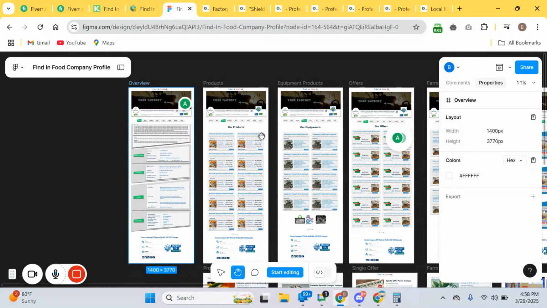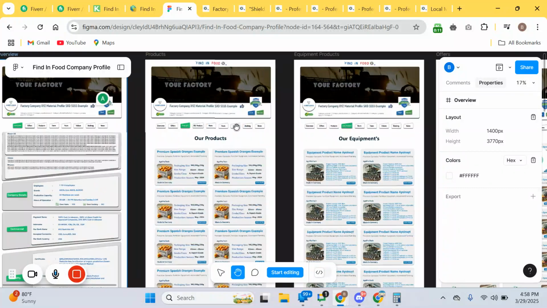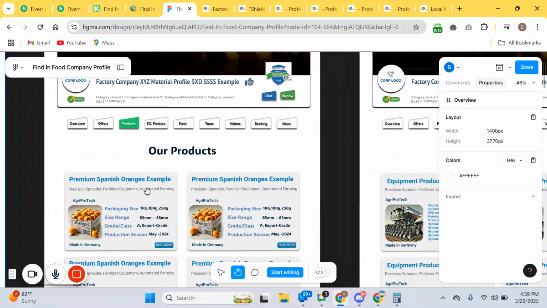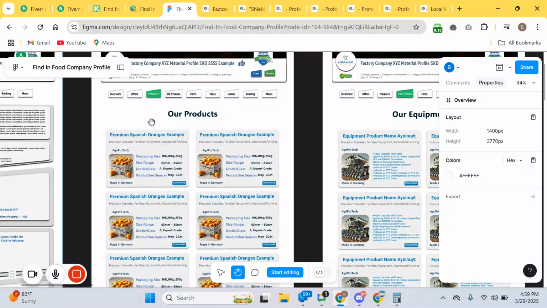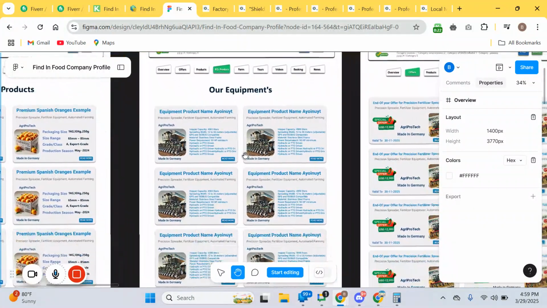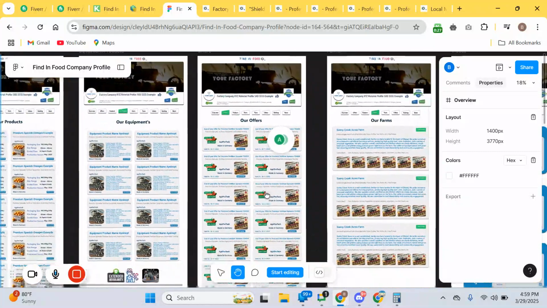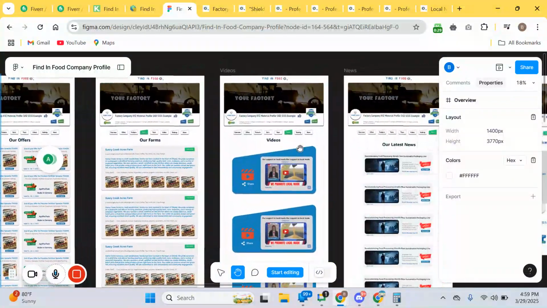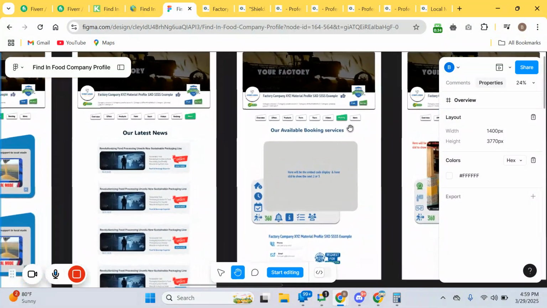Basically, in this Brilliant Directories website, I was going to design the member profile page and the different tab layouts in the member profile page. For example, this is the product tab and this is a product layout. Here, EQ products layout, and then if we go to another, posts, offers, farms, videos, latest news, and then booking